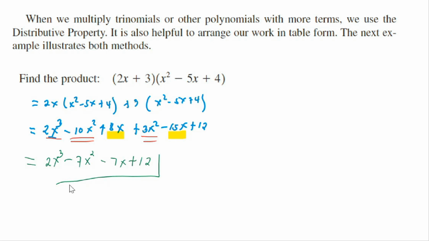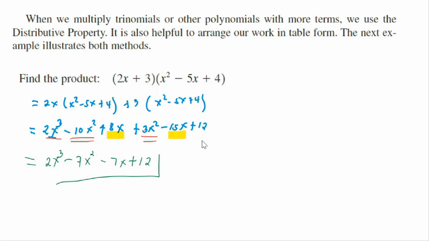Okay, let me check again. So I have 2x times the quantity of x squared minus 5x plus 4. Using the distributive property, 2x times x squared is 2x cubed, 2x times negative 5x is negative 10x squared, and 2x times positive 4 is 8x. Now, on the next term, we have 3 times the trinomial. We have 3 times x squared is 3x squared, 3 times negative 5x is negative 15x, and 3 times 4 is